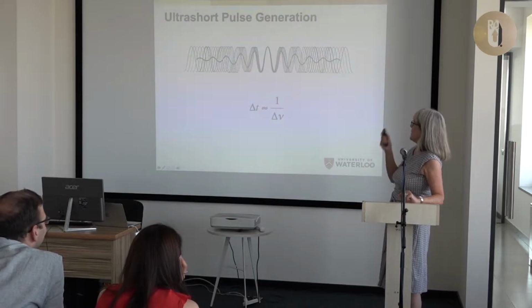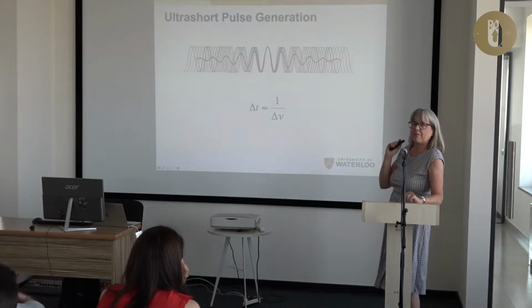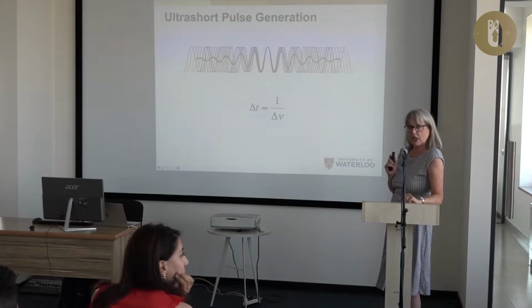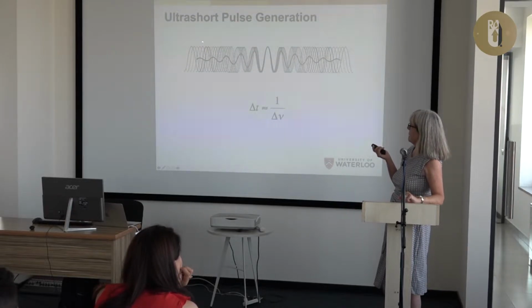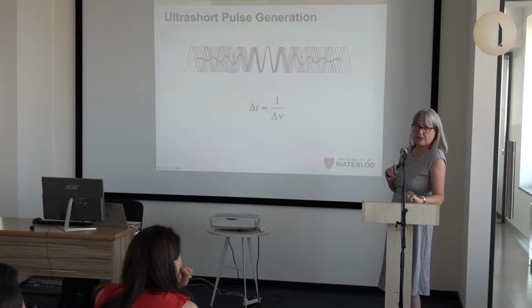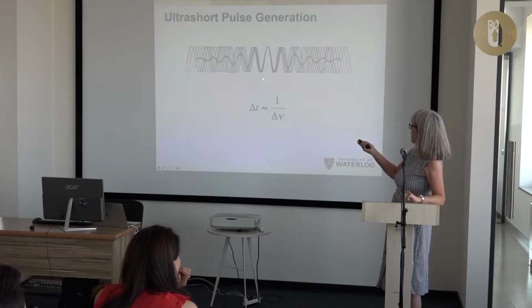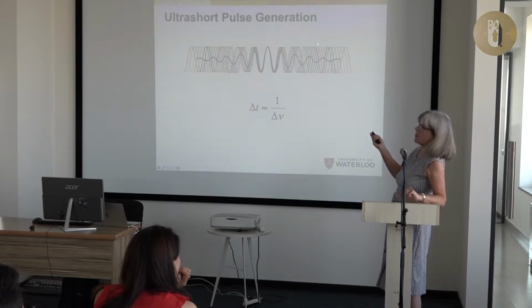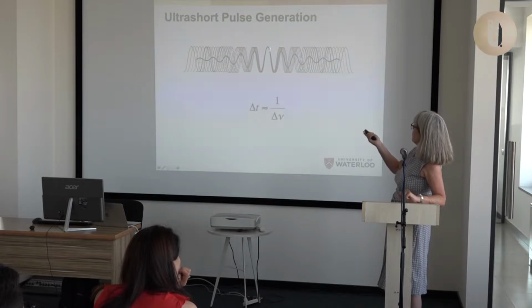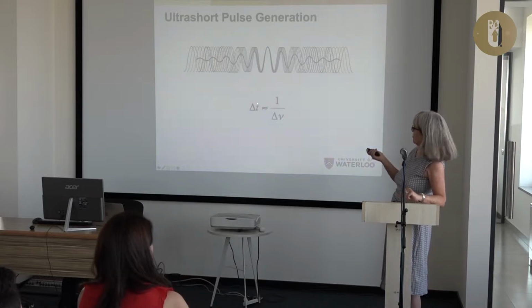Okay. So I gave you this picture yesterday. If you want a short pulse, you need many colors. And in this particular picture, you will see that my color separation is evenly spread. And so I have a series of colors that our mode locker has put together in time right here, and I pointed out, in case you weren't there yesterday, that as you leave this point where all colors are peaking, as you go away, many are peaking while the others are troughing, and that's how you cut the amplitude. The black is the addition of all the colors, and you make a short pulse, and it's approximately given by 1 over the bandwidth. It depends on the spectral shape.